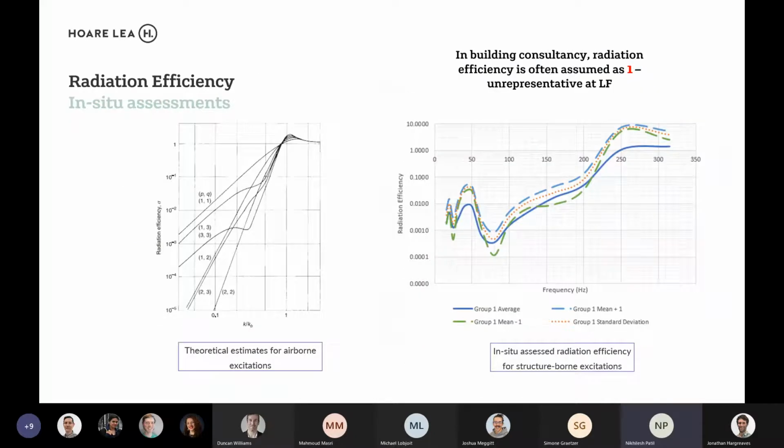Some other things that we also are looking at, or did look at, is radiation efficiency assessment. Radiation efficiency is obviously well defined for airborne excitations, but what happens when you have just a structural excitation from ground-borne excitation? Generally, it's just assumed to be 1, but as you can see on the right-hand side where we did an in-situ assessment,